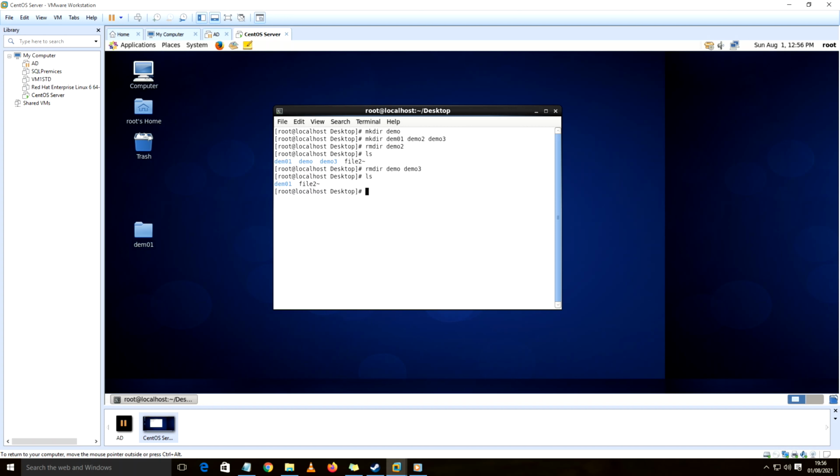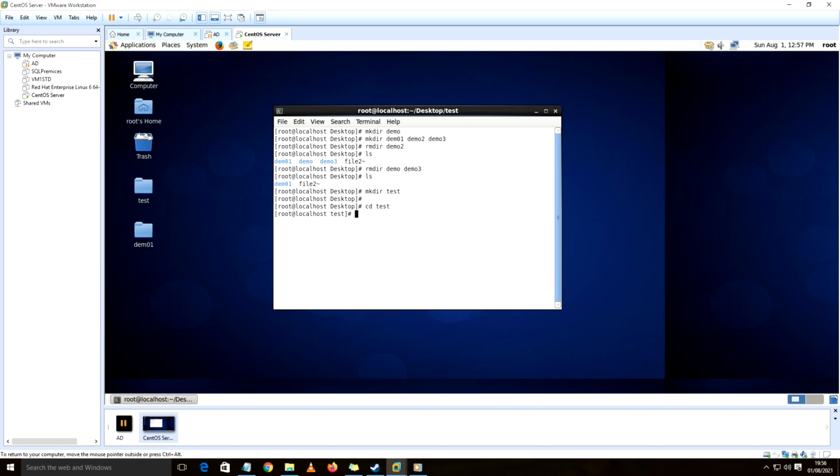Now we are going to understand how to create an empty file inside a directory. Since I have deleted most of the directories, I will just create one more directory. Suppose it is mkdir test. This is the directory which I am creating. Once the directory is created, to go inside it there is the cd command, that is the change directory command. I'm going to go inside this directory. You will find that instead of desktop, now test has come. I am inside this directory.